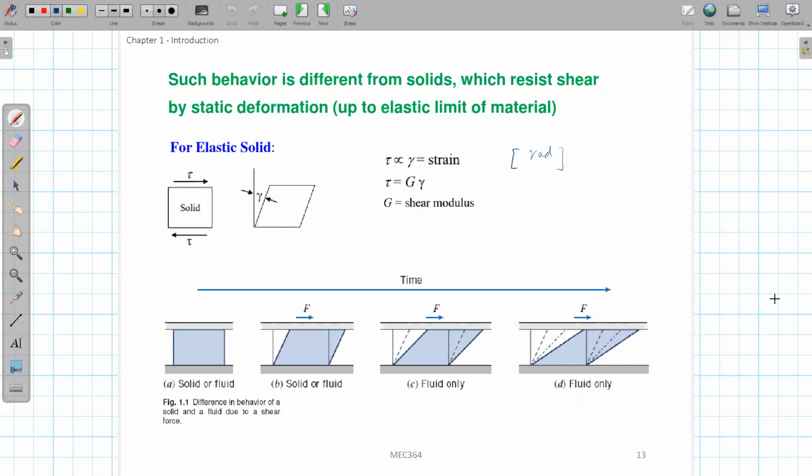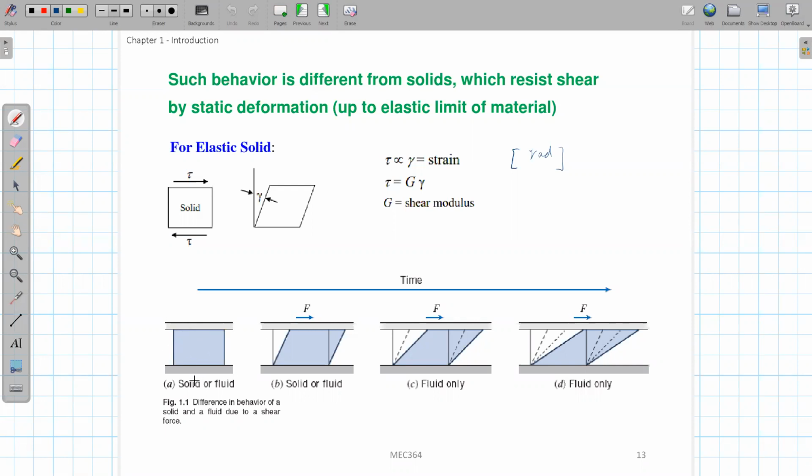Another way you can view the difference between the solid and fluid is that for the solid, the deformation has a limit. We call that the elastic limit. If the load is larger than the limit, your solid will not be able to deform anymore, and sometimes it can even break. Now, if you look at this picture here,